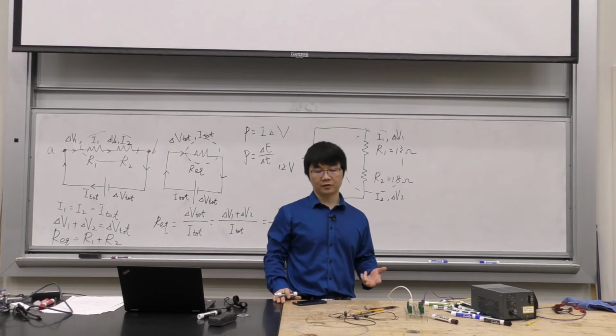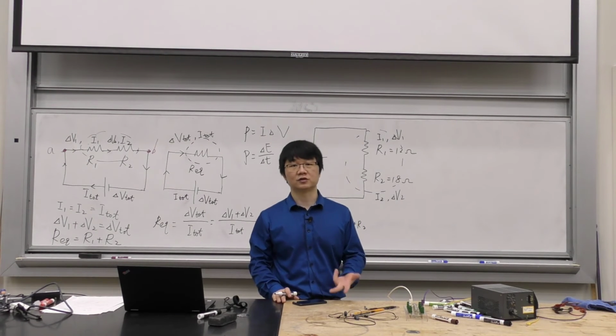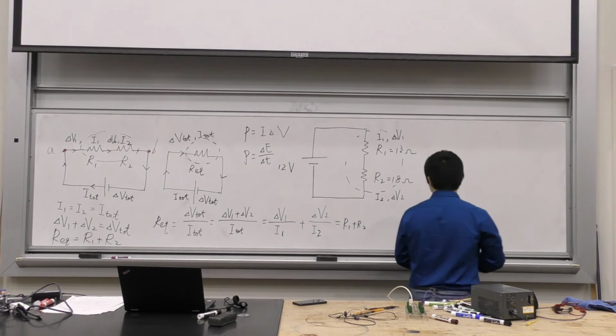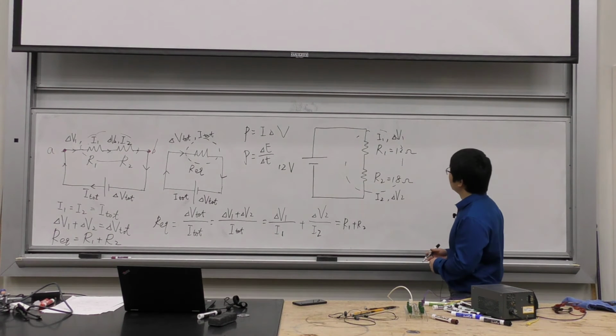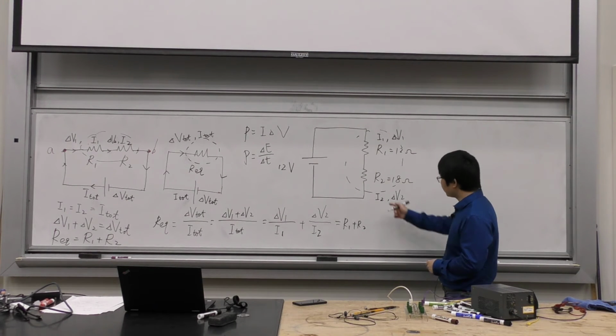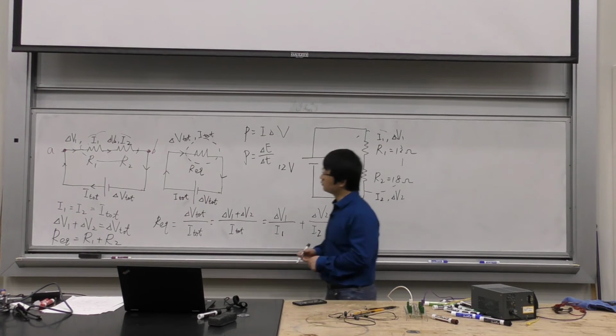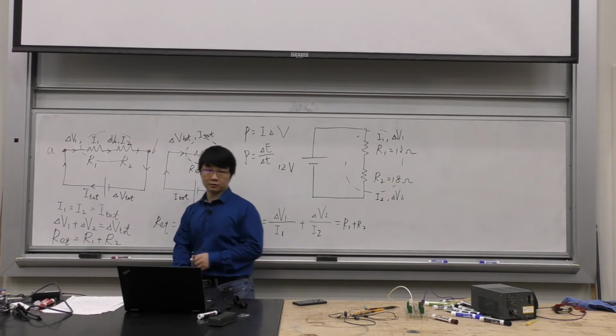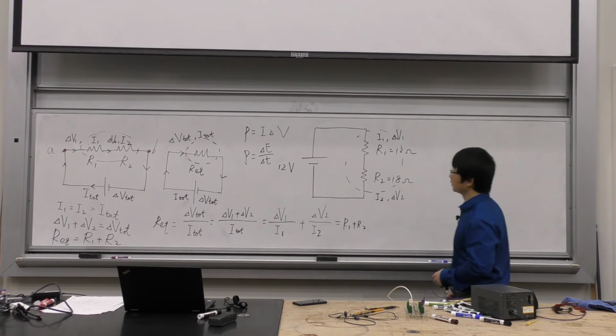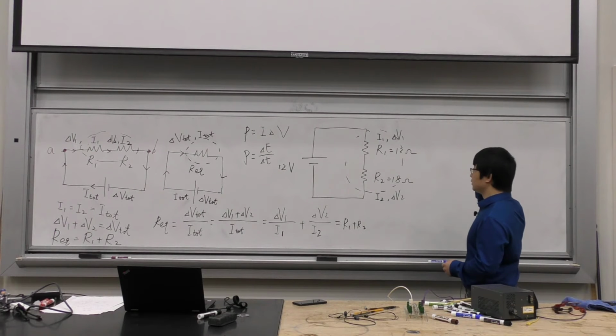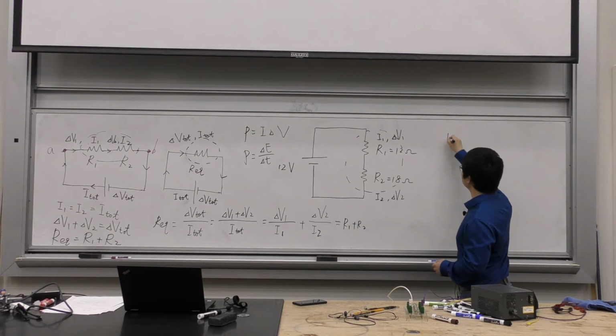A complicated circuit is not going to change all these definitions, right? That's why they call it definitions. Now, finding the current is easy. Remember, in a series circuit, there's only one current. And how do you find the current? Well, very easy. If you replace this with the equivalent circuit,